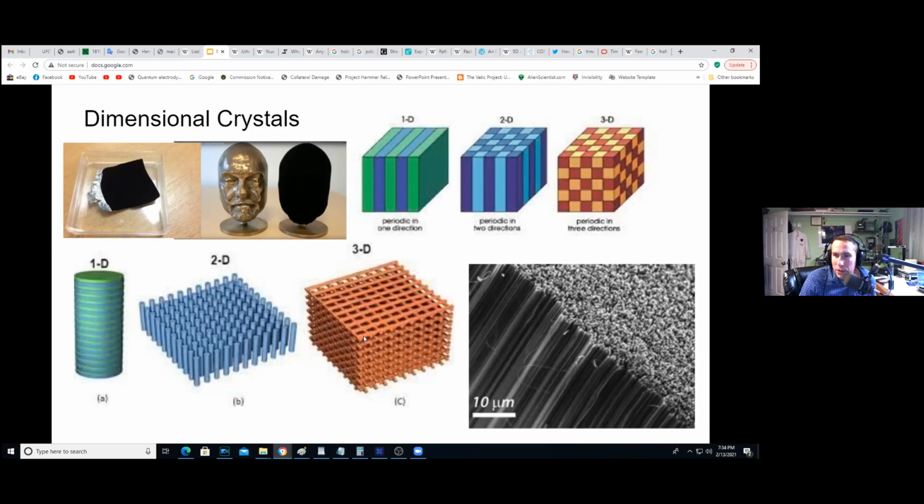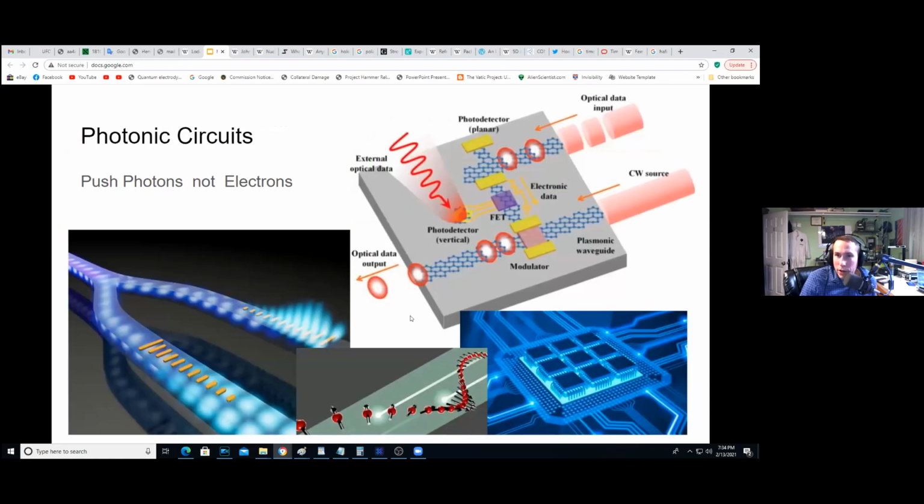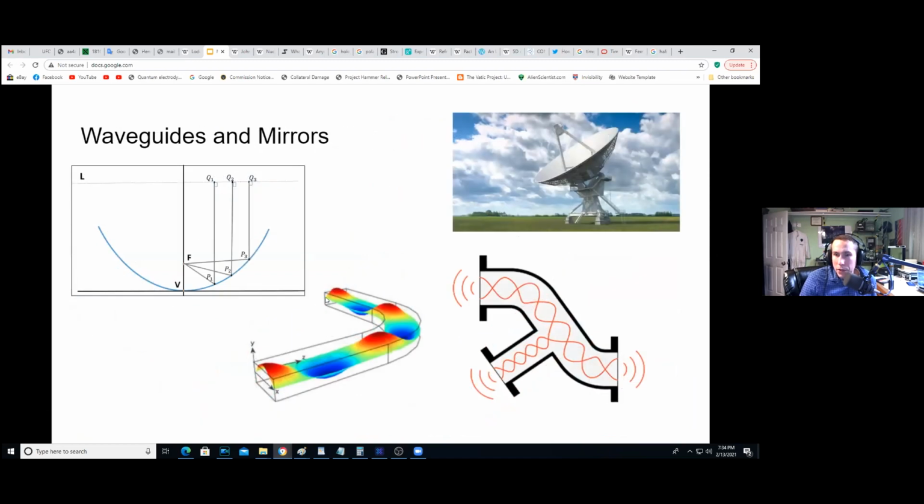And then they have 3D ones, which are more complex, like quasicrystals and those other structures that we should be building in the future to run all of our electronics off of, because we don't need to push electrons around anymore. We can push photons around, and we can build circuits that work on photonic energies and the alignments of these spins of carefully aligned atoms and molecules along the circuits. Once we are able to build that small, it's all based on waves and waveguides and mirrors and understanding that sort of technology, but on an intricate atomic and scalar lattice level.